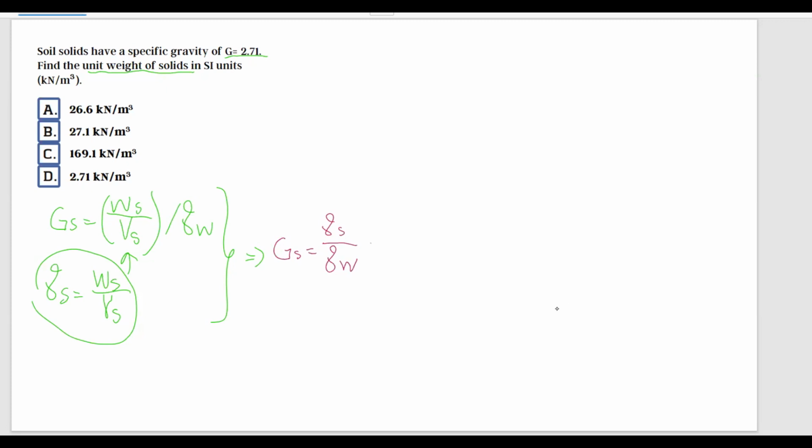And from this equation, we can calculate unit weight of solids. Gamma S is going to be equal to specific gravity GS multiplied by unit weight of water. And we can just substitute now